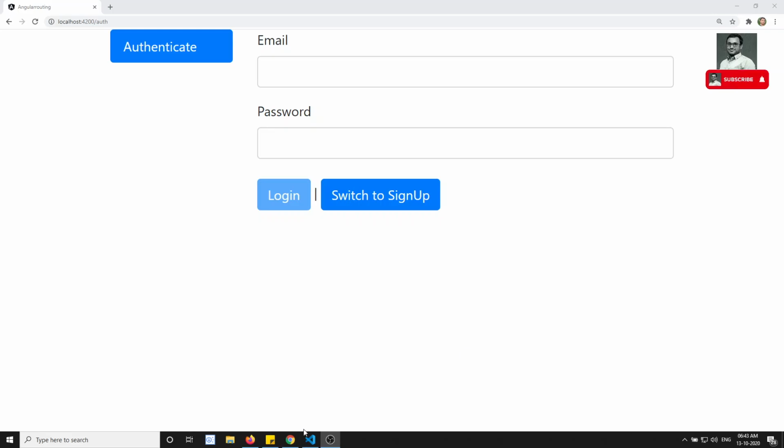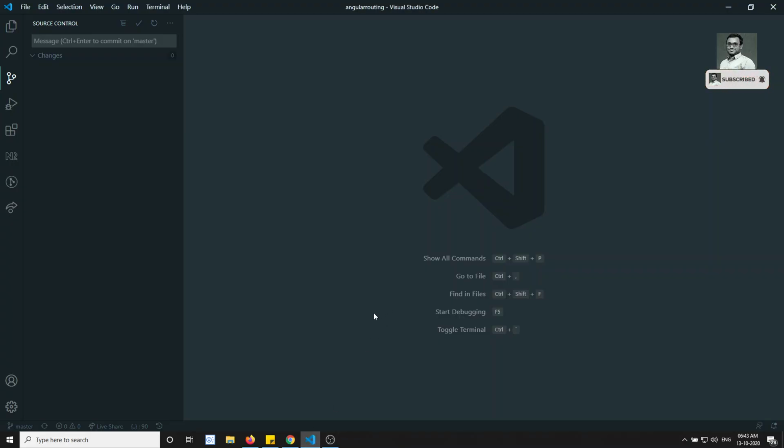Instead of using ngIf, we can also use dynamic components through code, that is, through the Angular TS logic we can place the dynamic components. This is a little bit of an advanced concept, so I just want to share it with you.